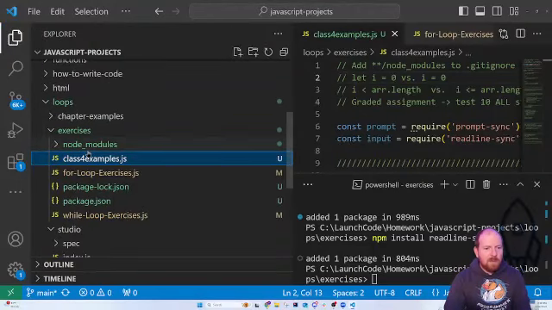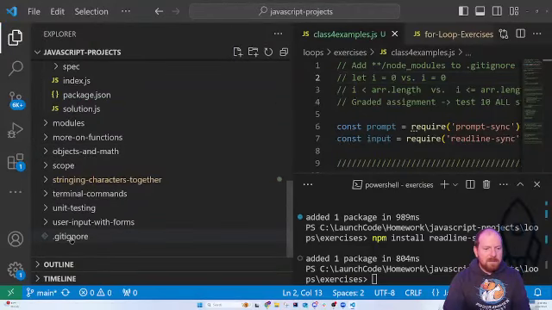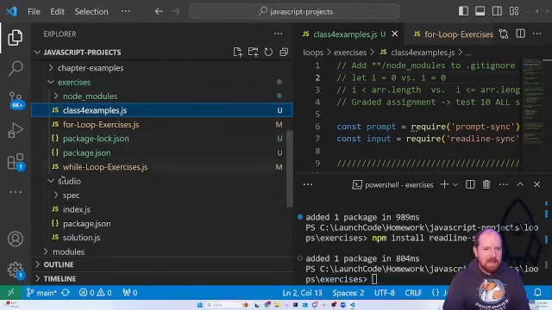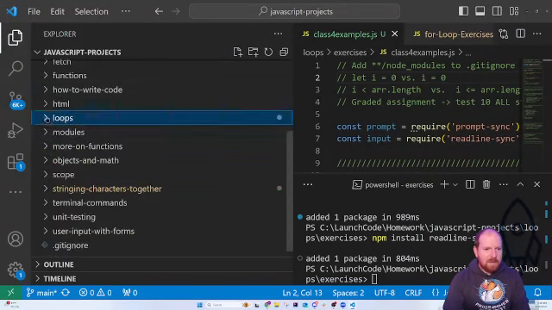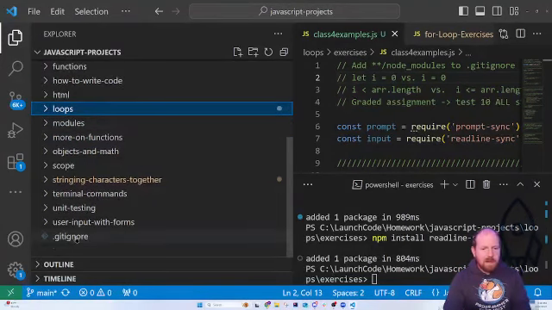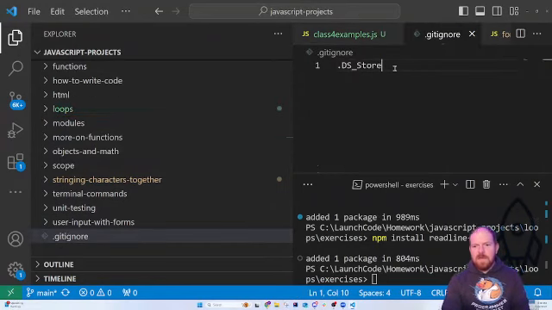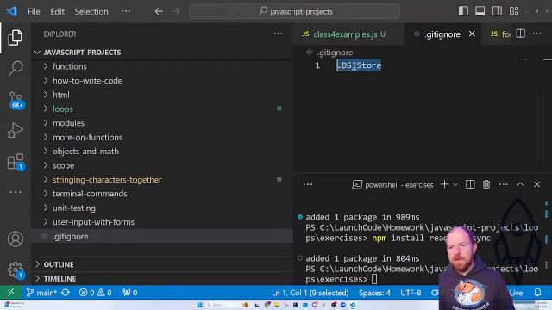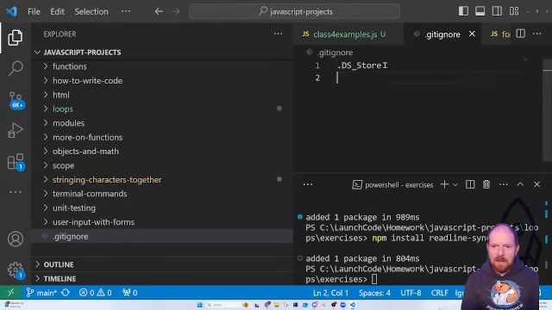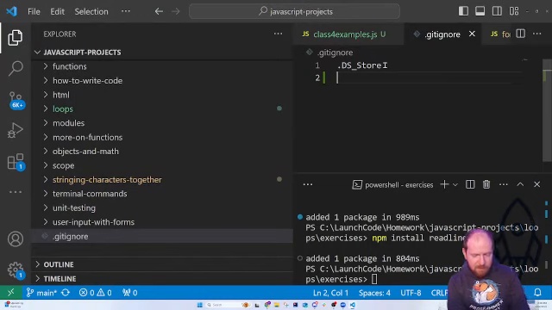So in my Explorer, I'm going to go all the way down to the bottom, underneath all the other ones. Again, my loops is up here. I'm going all the way down to the bottom. The .gitignore that's already in my JavaScript project, I'm going to open this up. And there should be this .DS_Store. I used to know what this means. I never use it, so I don't really know what it means anymore. But